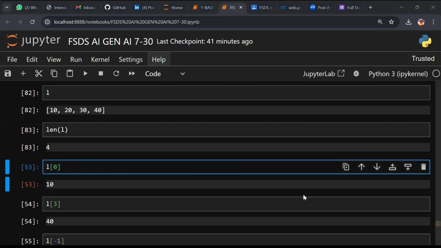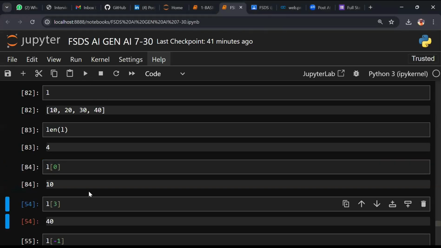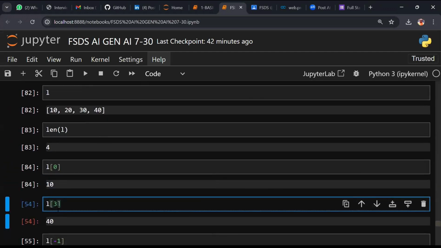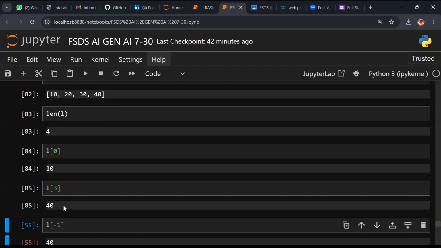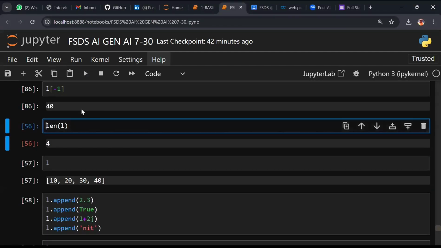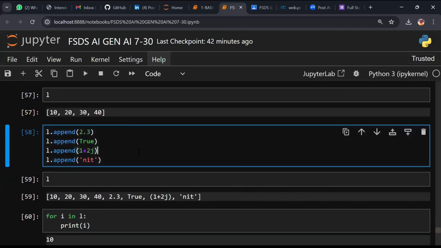Now indexing. What is index? Does index begin with 0 or 1, guys? 0, 0, 1, 2, 3. So just have a look at it. List of 0 index, that means we got output as 10. Now pretty clear? 0, 1, 2, 3. Now when I say list of third index, acknowledge me, guys. What is the answer? Very simple. You have the result. No. Just list of -1. Length of list. This part clear?